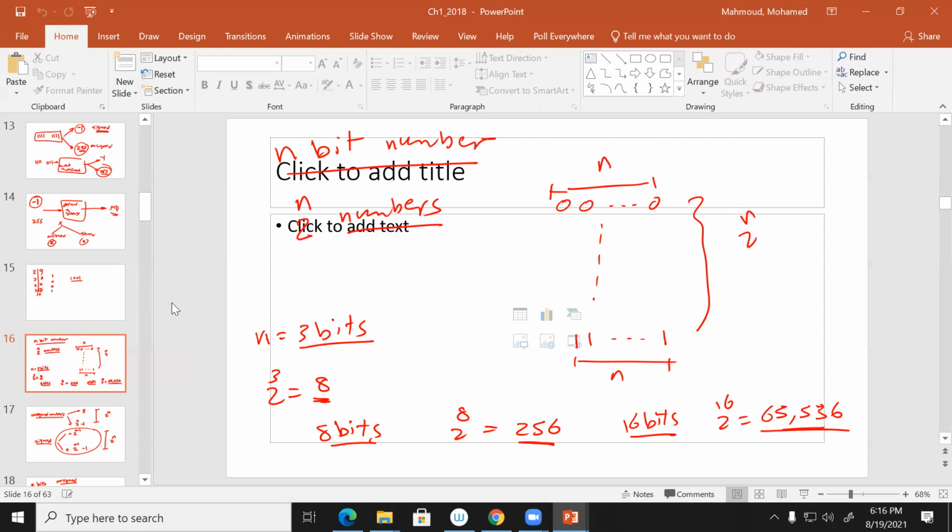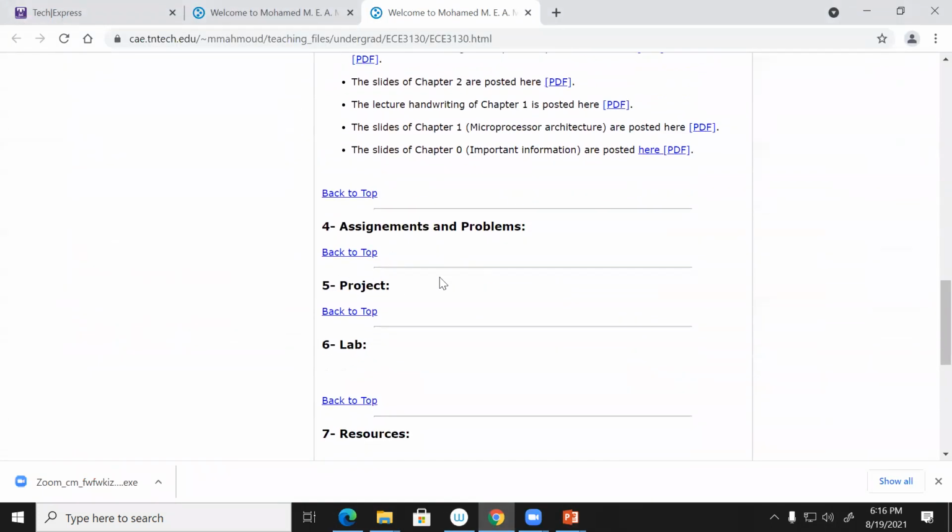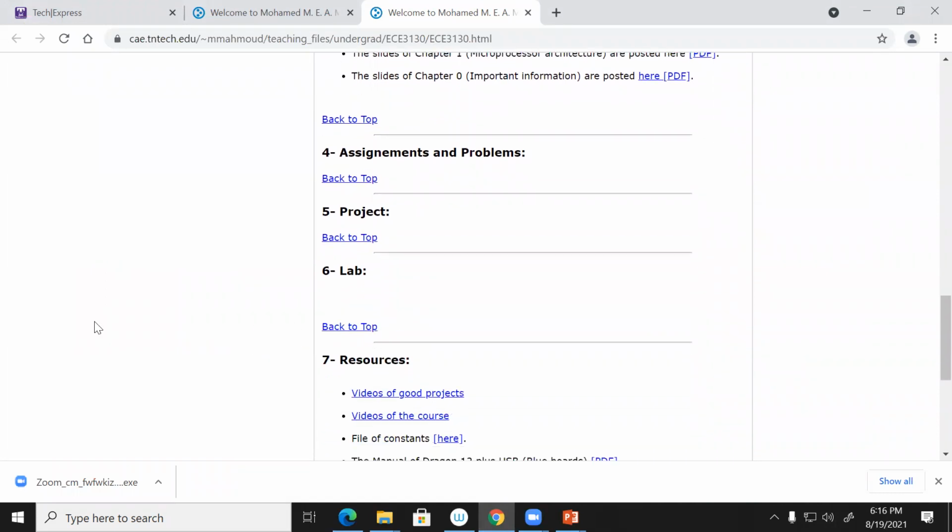That's why you should learn this course very well. So at least for the labs, I want you to do the labs. Until now I didn't post anything for labs, but I will when the time comes. I'm going to post lab one. So do it before you come, do it like a stream. And then when the other TA comes, you can also ask if you need any help.